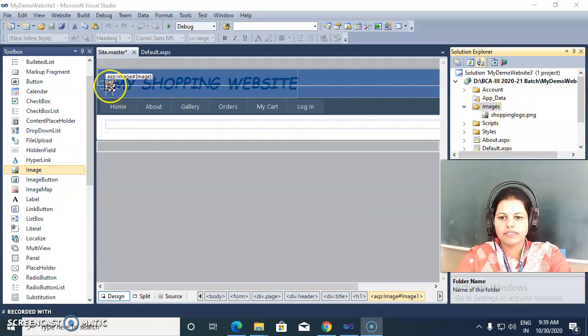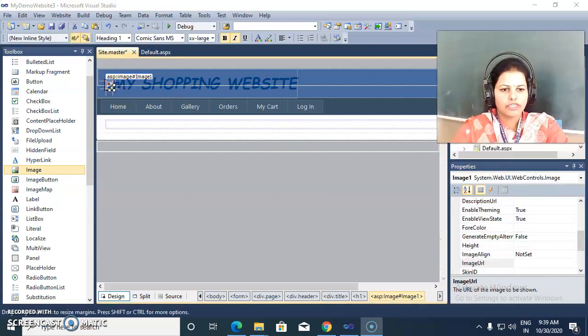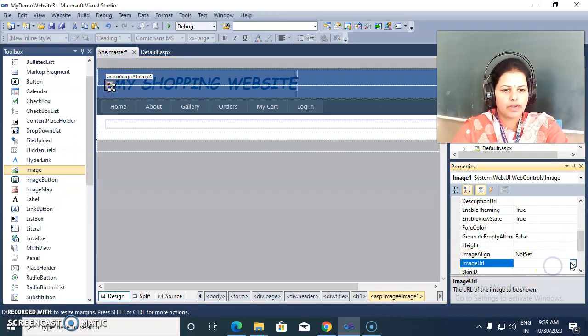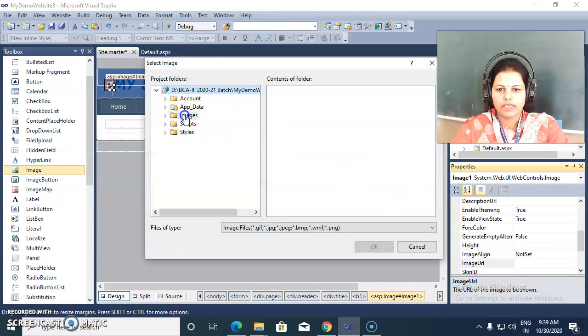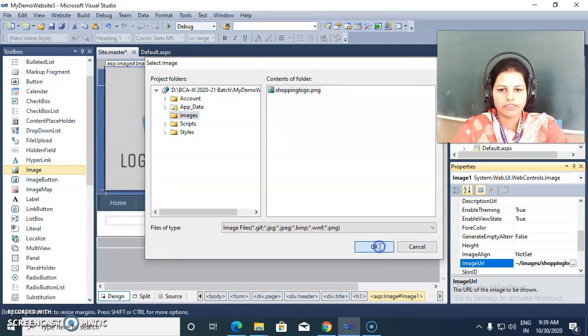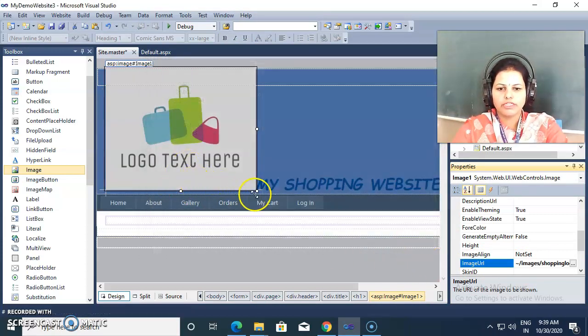So we can now set this image to the source property. I am setting the image URL property as images, and here is my image. Now this is my image.